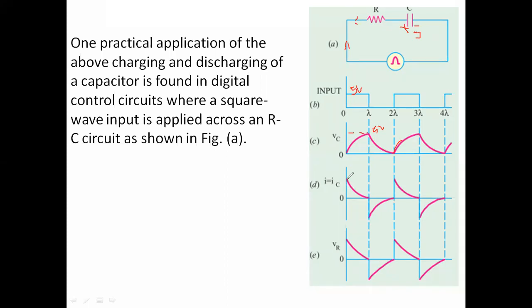Initially the current is very high when the 5 volts is applied. It reaches 0. Again the capacitor will discharge, because this is the opposite direction. It is having a minus amount of IC, maximum current. From that it will discharge to 0. When again the applied voltage increases, the current will rise to the maximum value. So like this, the current through this circuit will be exponentially decreasing and exponentially increasing.